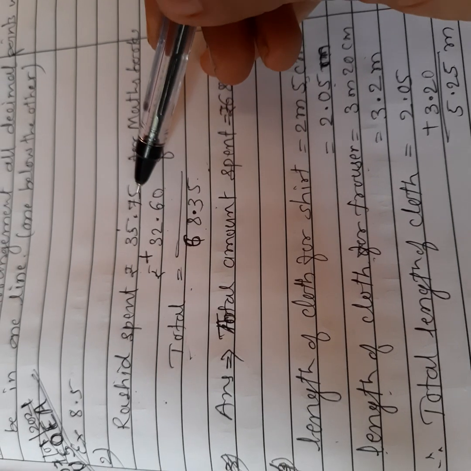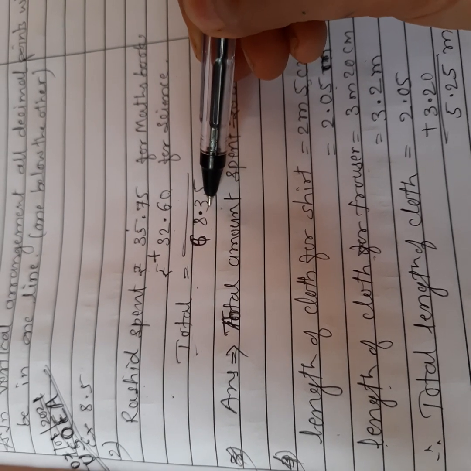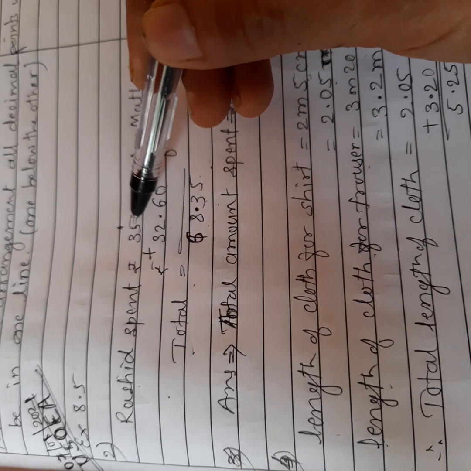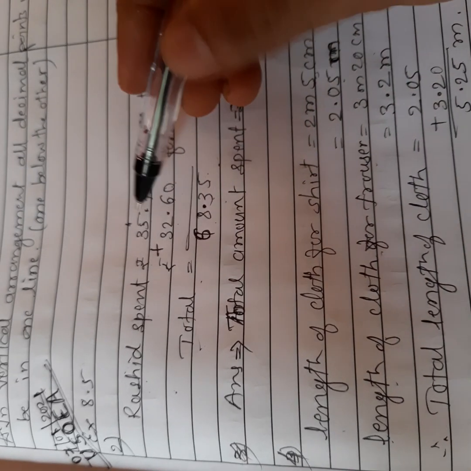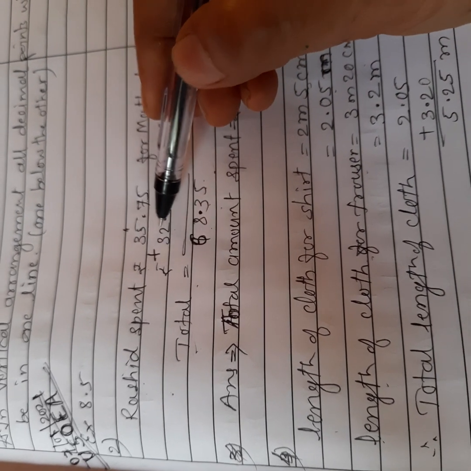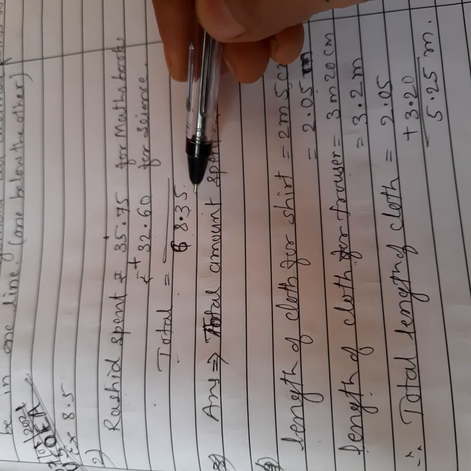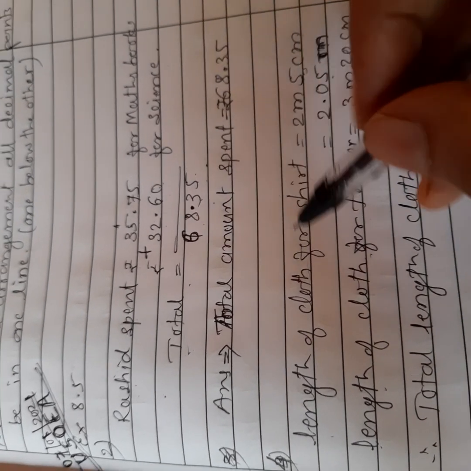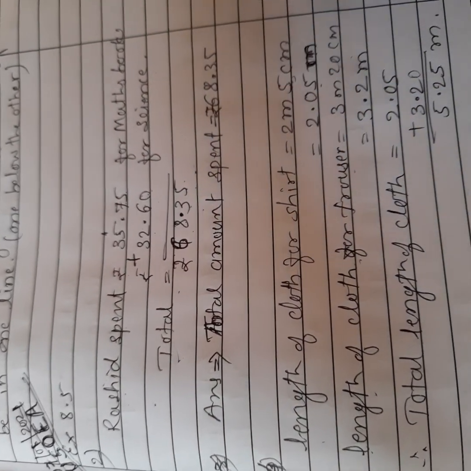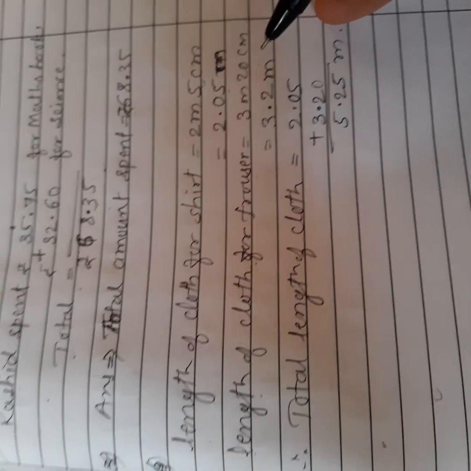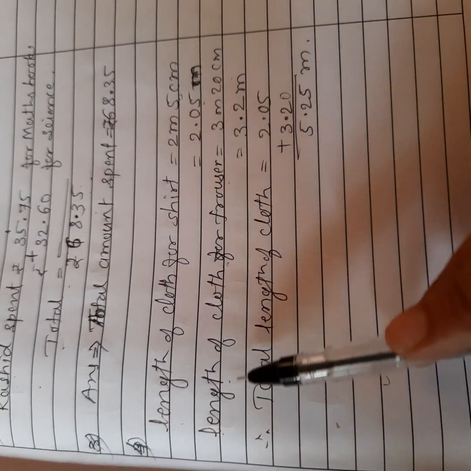So how will we get it now? 5 plus 0, you will get 5. 7 plus 6, that is 13. 3 will be here, 1 is carried. Now, before writing the next digit, I should put the decimal point first, and then I should add. Now 5 plus 1 plus 2, that will be 8, and 3 plus 3, that will be 6. So what is the total amount? The total amount we will get is rupees 668.35.